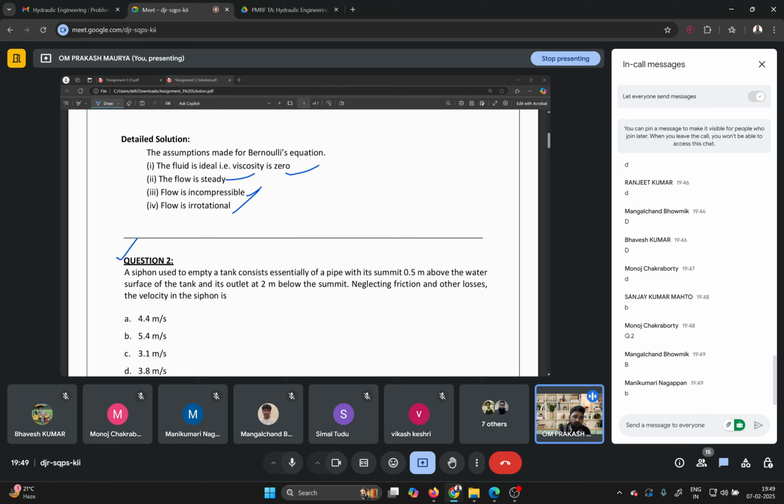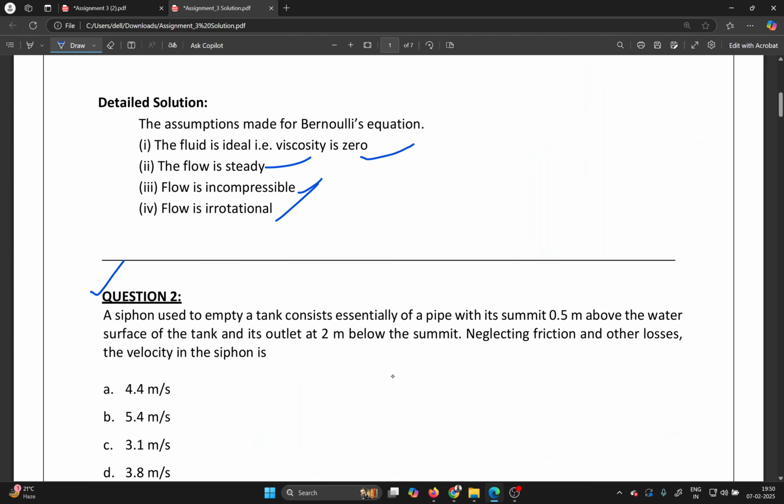Option B. Okay, three students are telling option B. Let me just write here the formula, that is V square is equal to 2gh. Here I will not discuss more. That is h is equal to nothing but 2 into 10, and h is the difference between this, that is 1.5, 20 and 15,